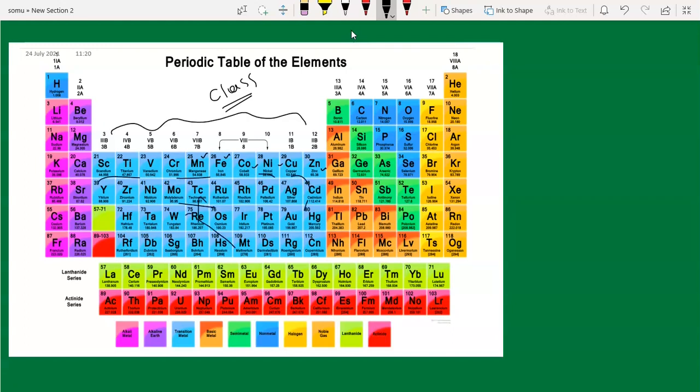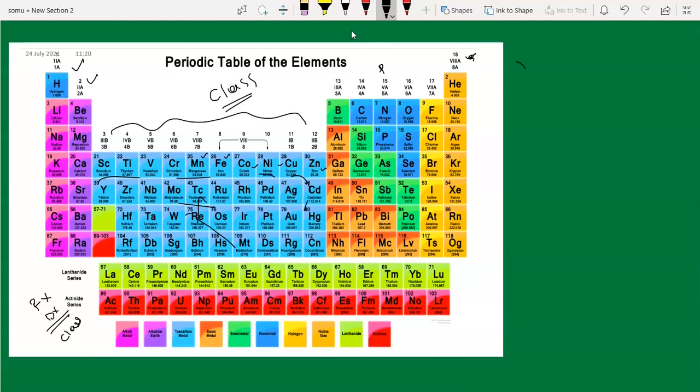We will not study d-block and f-block elements for class 10. We only worry about s-block and p-block elements, so today I will tell you how to remember them.